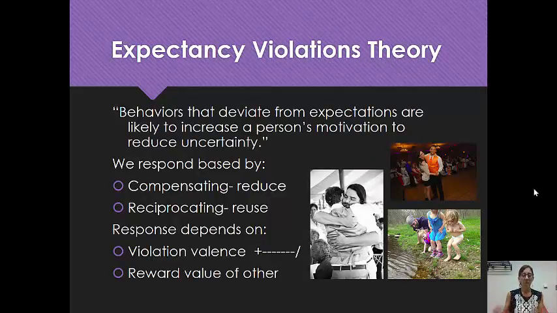So in terms of thinking about nonverbal, I referenced at the beginning of this PowerPoint slide that we were going to talk about two specific theories that relate to how we understand some of our nonverbal behavior. So expectancy violation theory is the first one, and it probably is my favorite theory of all of the interpersonal theories, and I'll probably say that a lot because there are certainly a few that are favorites. It's like picking your favorite song. It's really hard to pick just one. But in this case, I really love expectancy violation theory.